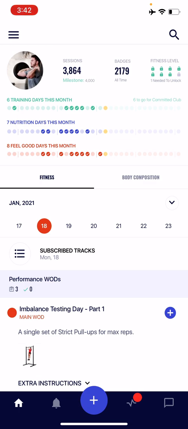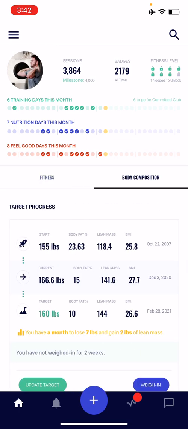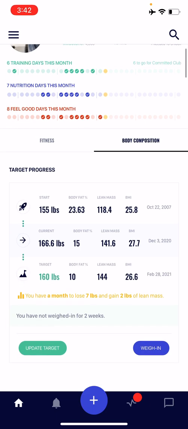composition tab. Okay, so we'll click into that tab here, and what you're going to notice is a table, and we're calling this the target progress table. And what it does essentially is outline your progress towards some kind of weight goal or some kind of body composition goal. All right, so there's 3 rows in this table here: your starting row, your current row, and your target row. Now, if any of these are empty, you'll need to update them, and updating them is very, very